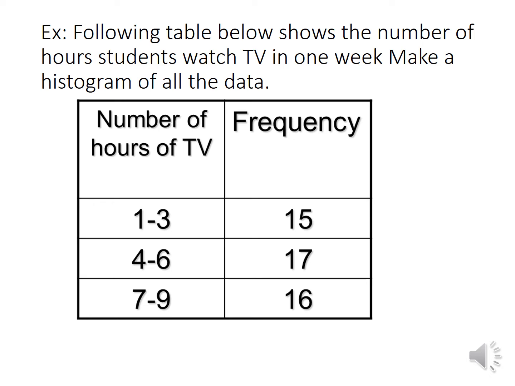The gap is 4 minus 3, which is 1, divided by 2. This quantity must be added and subtracted consecutively. That means here you should add this quantity, so it will be 3.5, and you should subtract the same quantity, 0.5, from the next class. So this is going to be 3.5.